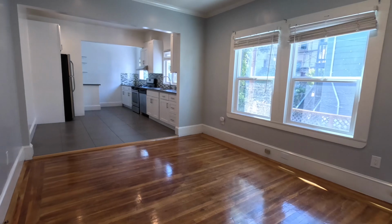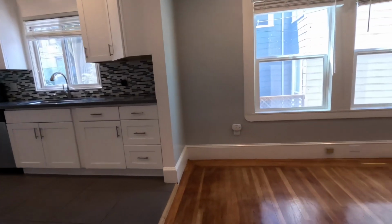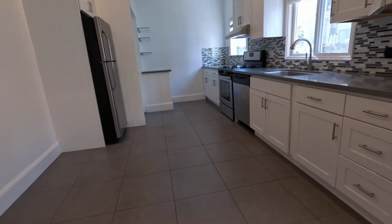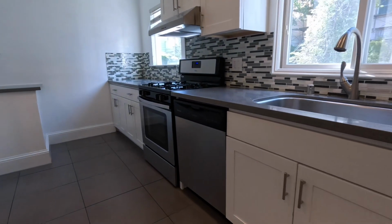The living room is somewhat open to the kitchen that's been recently renovated. You have stone counters, dishwasher, gas range, refrigerator, stainless sink,